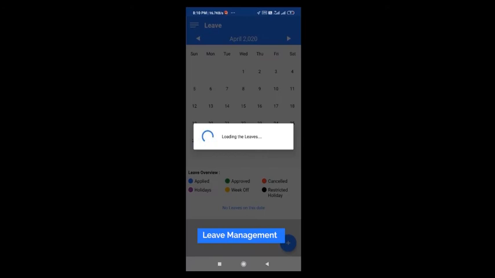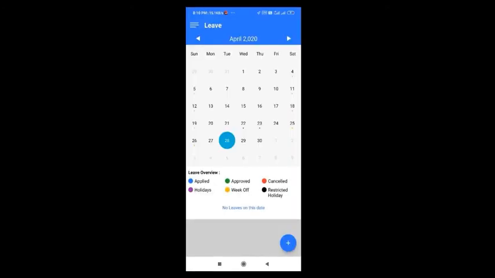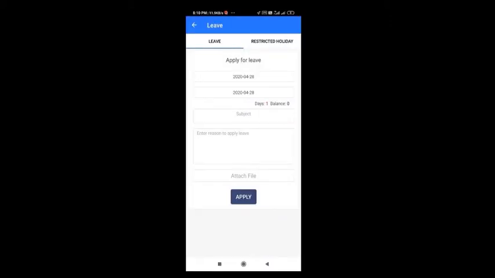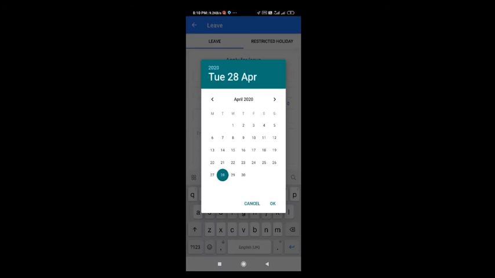Coming to the leave management, you can manage your leaves from this portal itself. You can have a look at the company holidays which are available in the company, and the weekly offs which you are assigned or entitled to take. In case you wish to apply for a leave, you can apply from the same application. So maybe for tomorrow I wish to apply for a leave, that tomorrow I will be taking a leave.